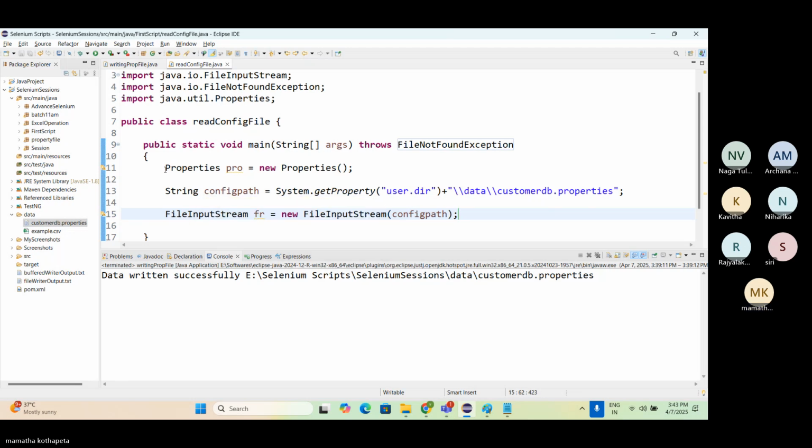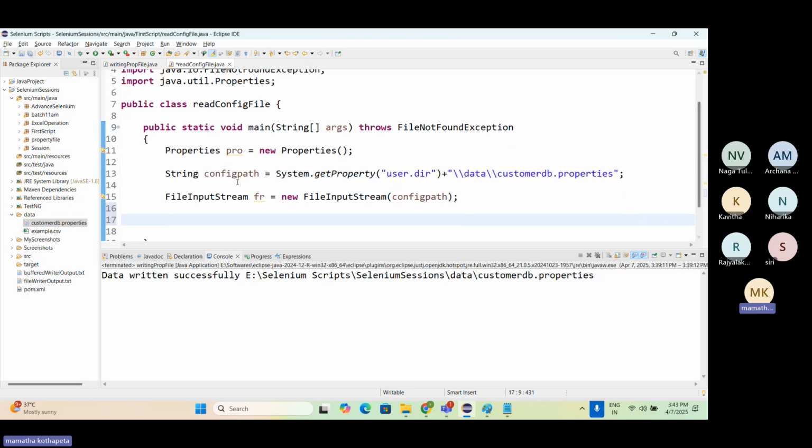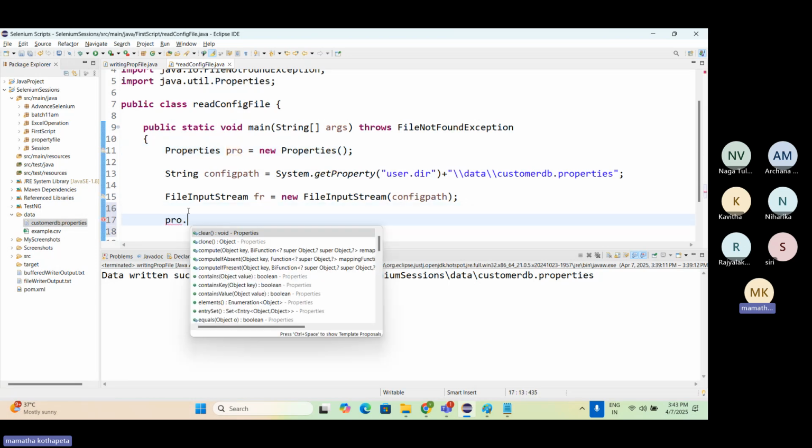So far, we've just created a property class and a file path, where this is the actual location of the project and this is my file location. Because I'm reading the file, I'm using this. This is the file I'm going to read. Now, before reading the file, first you need to load the file into the properties class, which is pro that we have created. Pro dot